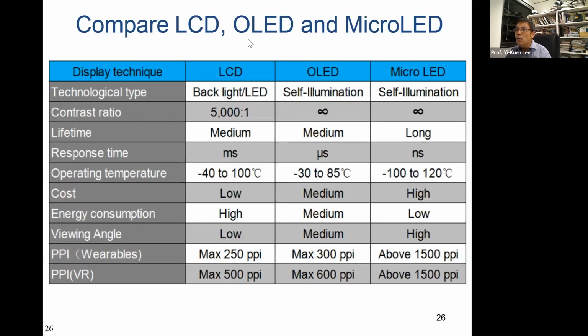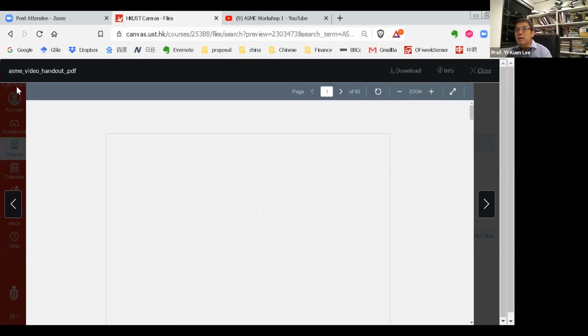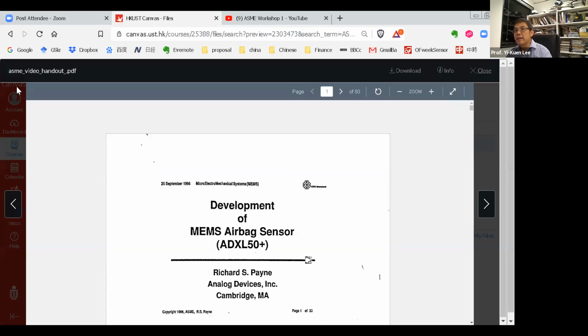So today, I hope I can change gear to show something different. In your Canvas website, you have this ASME handout. Let me share it with you. If you can access the Canvas website, you can look at this ASME video. This is a special ASME workshop about MEMS. Although it's very old, from 1996,